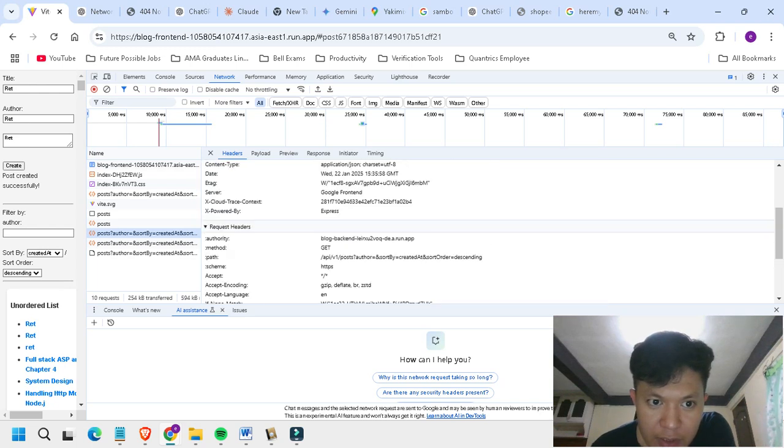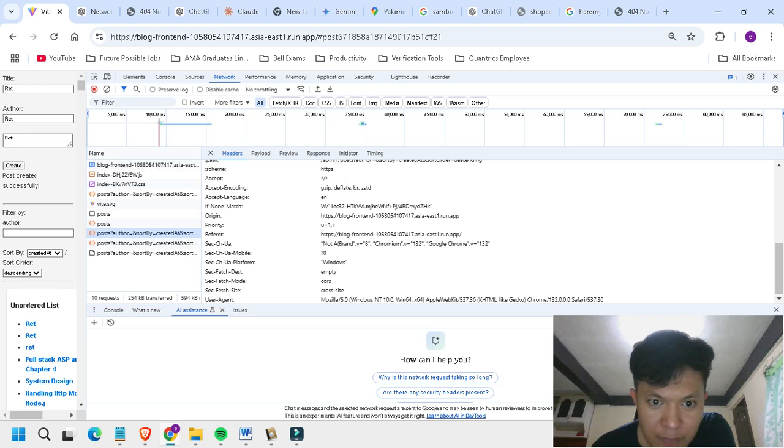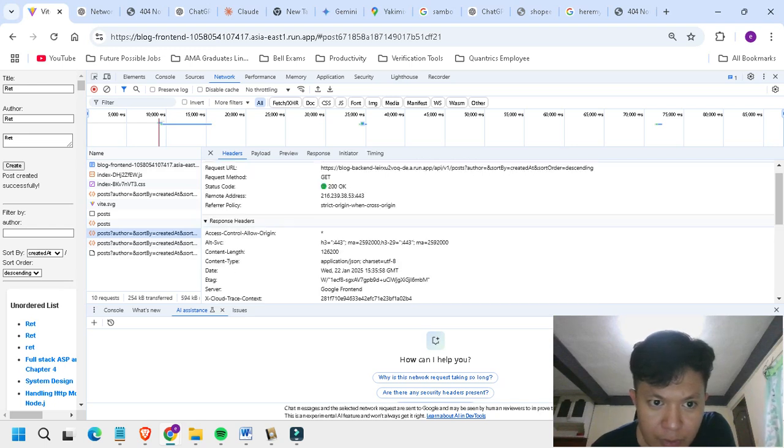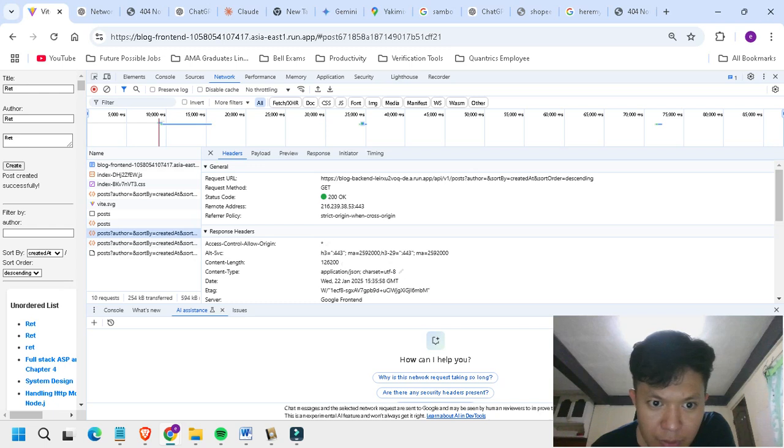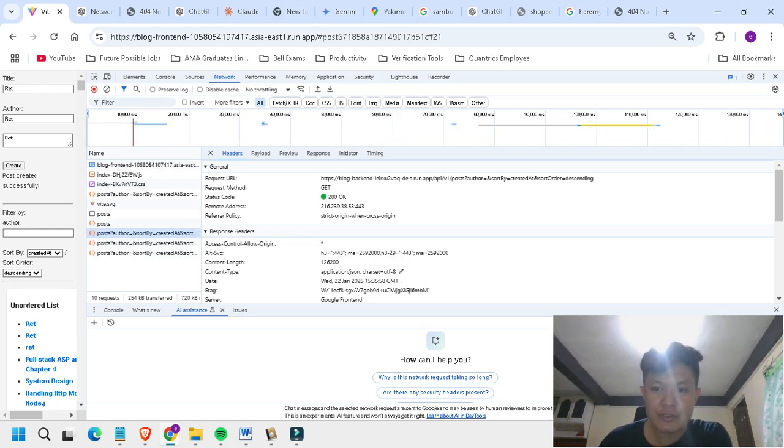It's on the Content-Type. Here, this resource post has a content type of application slash JSON. So I'll give you an introduction to JSON.